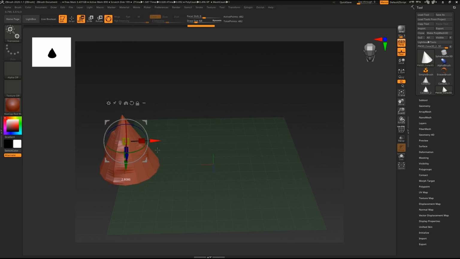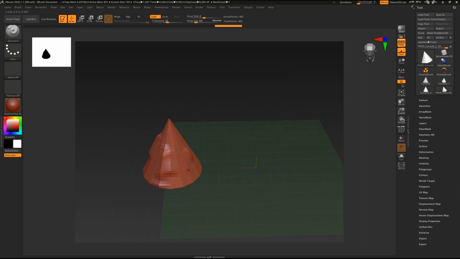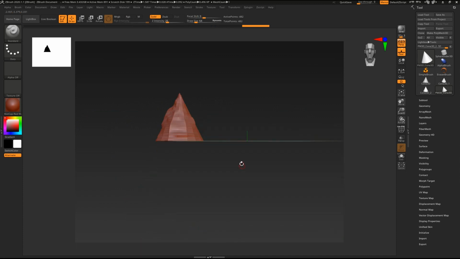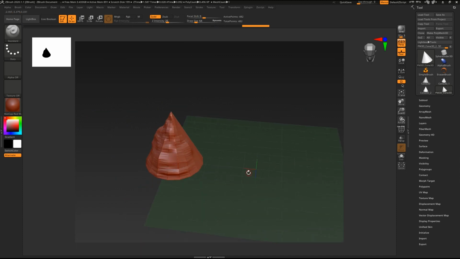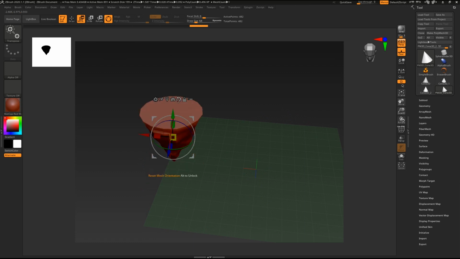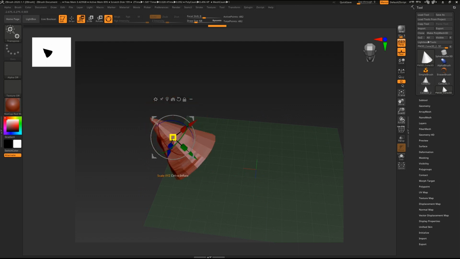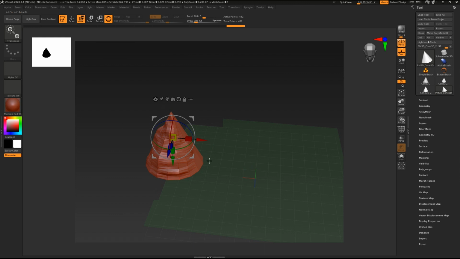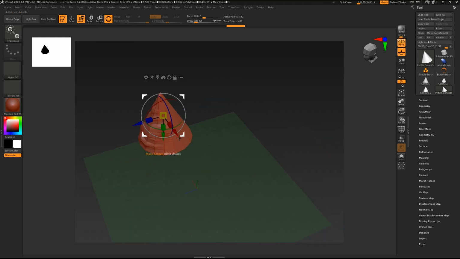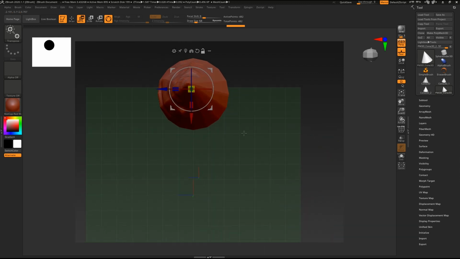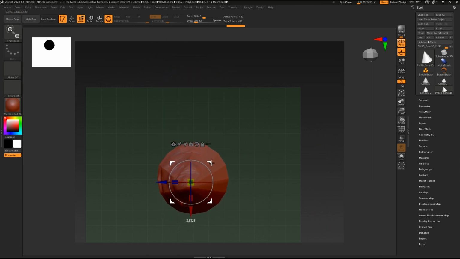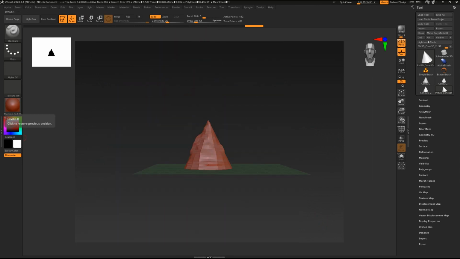Now if you want to move it here, just press T twice to get back to sculpting mode again. Now just adjusting it and moving it back to its original place. You can also snap 90 degrees, just press Shift while rotating. Now just moving back to the original place.